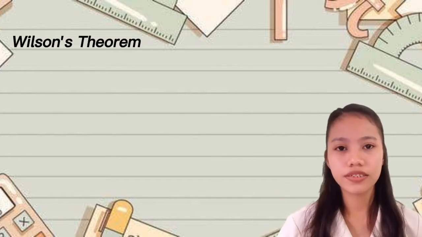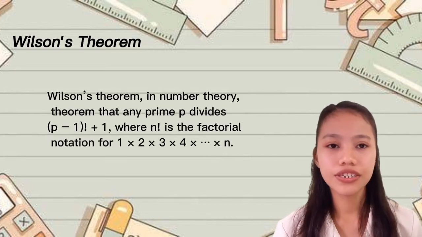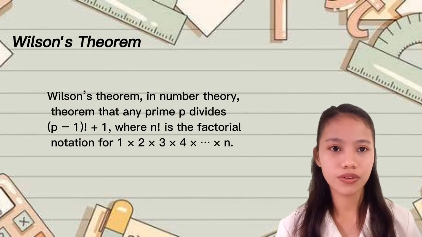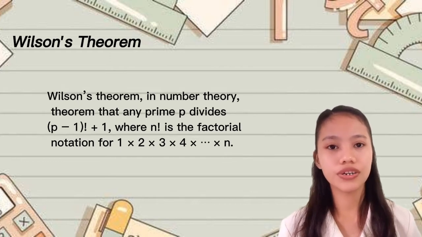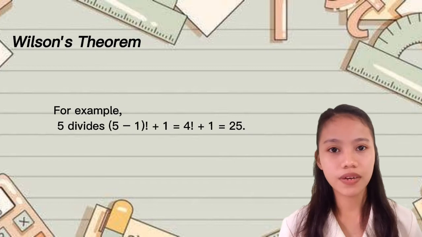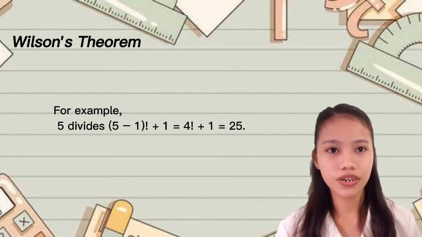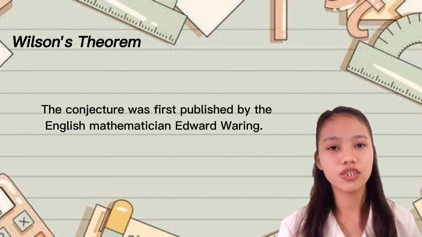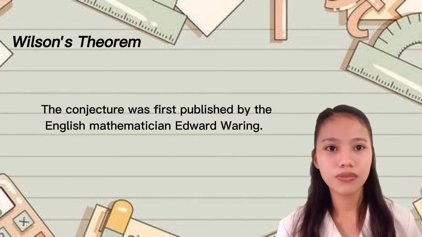What is Wilson's theorem? According to Britannica, Wilson's theorem in number theory is the theorem that any prime p divides (p minus 1) factorial plus 1, where n factorial is the notation for 1 times 2 times 3 times 4 times up to n. For example, 5 divides (p minus 1) factorial plus 1, which is 4 factorial plus 1, which is equal to 25. The conjecture was first published by English mathematician Edward Waring in